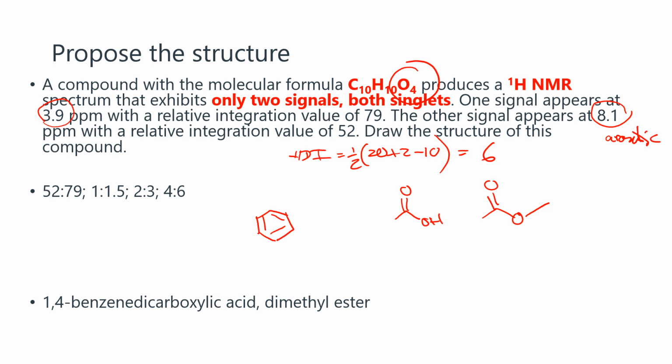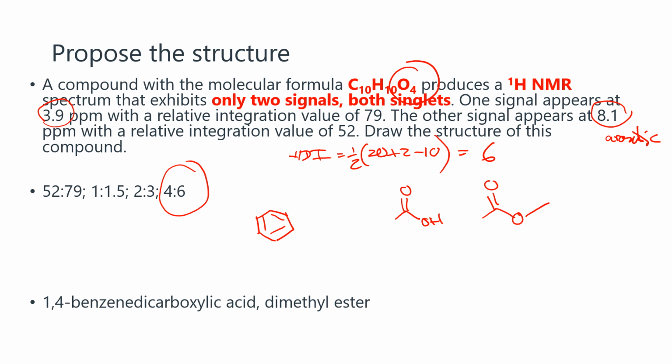If I have a carboxylic acid, the problem probably should tell me that I have an extra signal, and only one for that. But by the integration here, relative integration is 4 to